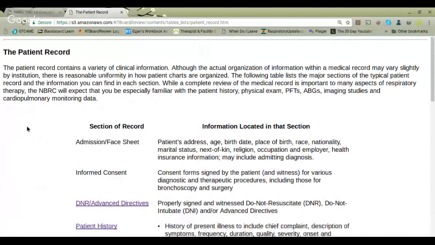Patient record. The patient record contains a variety of clinical information. The actual organization of information within a medical record may vary slightly by institution. Uniformity in how patient charts are organized. The following table lists the major sections of the typical patient record and the information you can find in each section. While a complete review of the medical record is important to many aspects of respiratory therapy, the NBRC will expect you